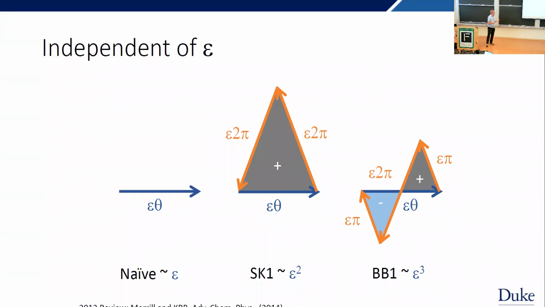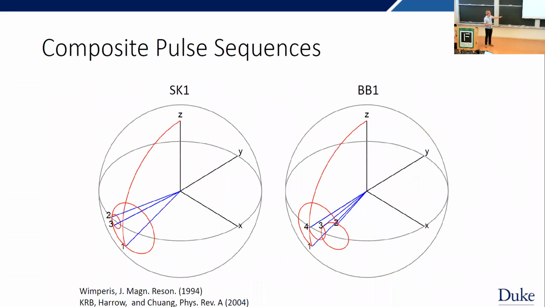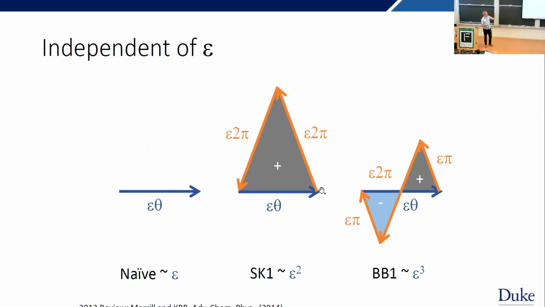What's the idea? In this picture, you see that these different rotations of 2 pi lead to these loops that push you closer to landing on this equator. But when you look just at the equator, you can linearize the Lie algebra. The original error is like you've gone too far. The second error ends up like the area of this triangle. And BB1 is you have triangles of opposite area, and so they cancel. That's it.